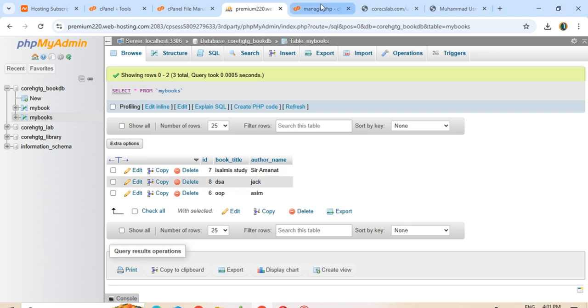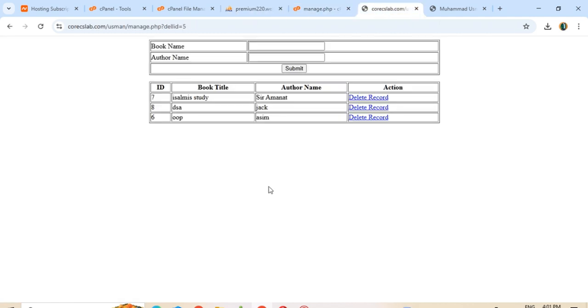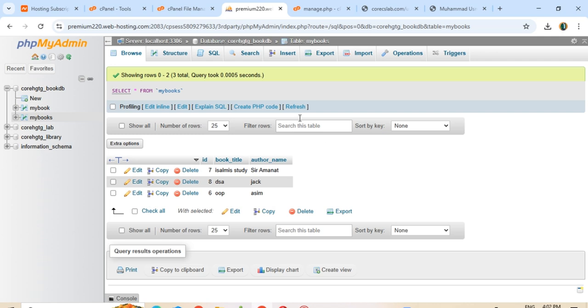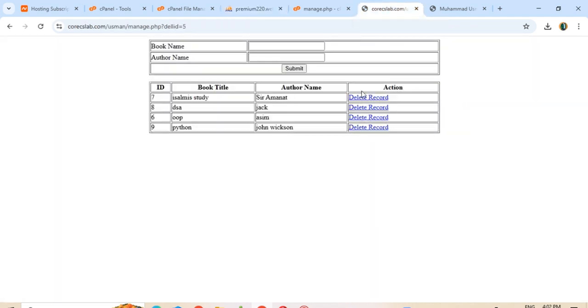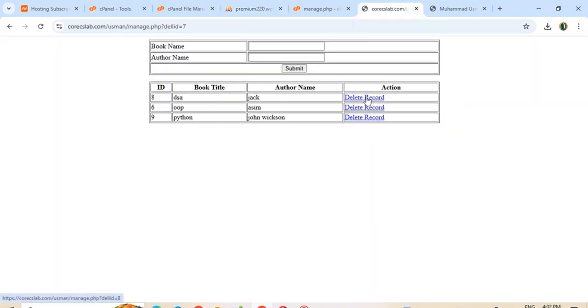is Jack. So we go back to our page, and here I insert one more book, and again any author name, press submit, and again go to the database and refresh, and it shows the updated book title and author name. Here the ID is auto increment. So again go to the page, and I press delete records, so it deletes the record, and